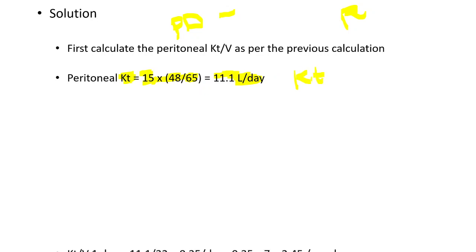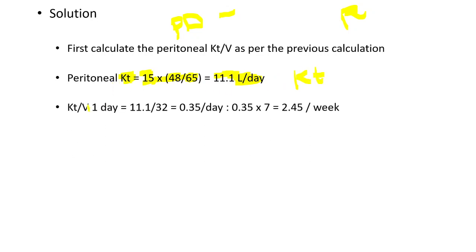Now we have to divide it by the volume of distribution. V is 32. So 0.35 per day. Kt/V of peritoneal dialysis per day we got. But what we need is per week. So 0.35 into 7 is 2.45 per week. This is similar to the previous question. We have calculated only the Kt/V of peritoneal dialysis for this patient, whether the target is correct or not. Now we are going to calculate for the renal